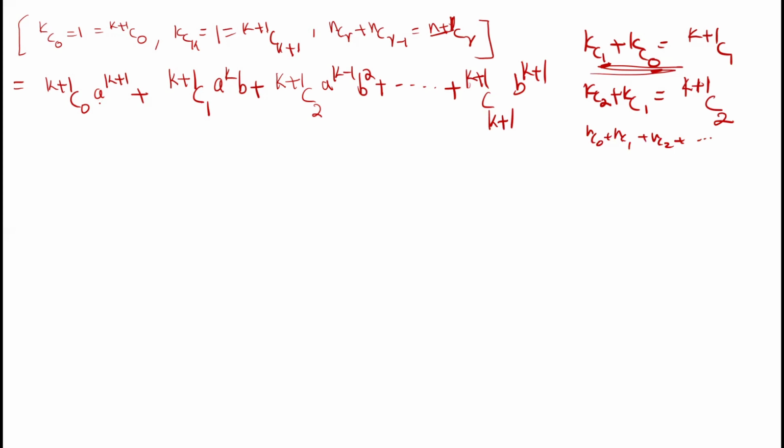Here see, a power will decrease by 1. a power k plus 1, then k into b, k minus 1 into b square, like this. Okay, and b power will be increased by 1. Okay, so just substituting values. So in the final step, we can write it as a result. Therefore,